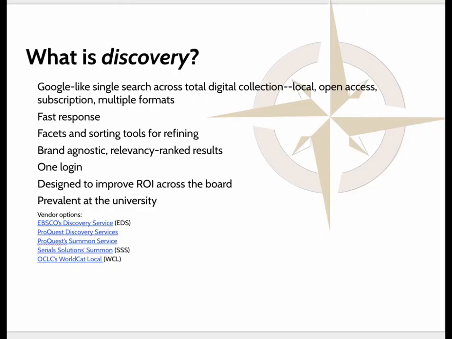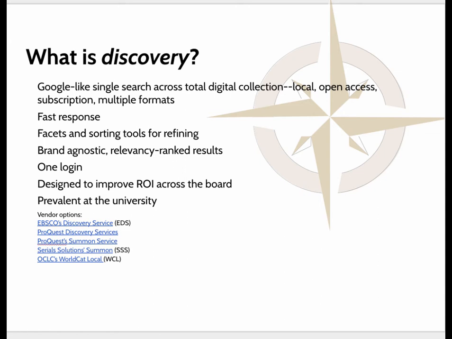And we talked about this if you were in 530 with me. There is a thing called discovery search. People usually associate it with an academic environment, but I had it at the high school, and you'll see that discovery products like EBSCO's EDS are filtering down through K-12. It creates a Google-like one-box search approach across your entire digital collection, and it might include your OPAC's holdings as well, depending upon how you set that up. It can absolutely include every one of your databases, and it is supposed to be not biased by brand. So it's brand agnostic in terms of the way it returns results.